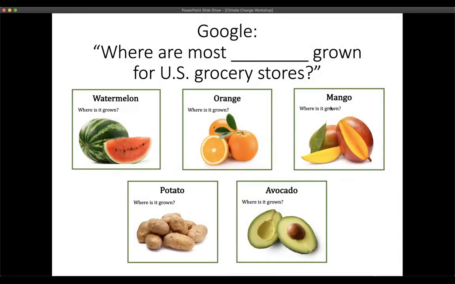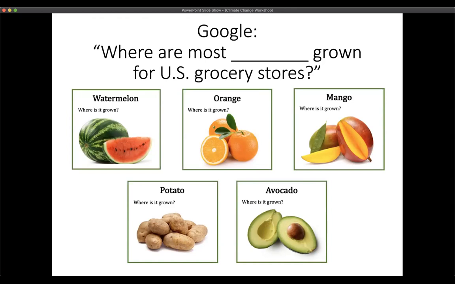So I want you to just look at these pictures of foods and think of the things that you buy at the grocery store on a regular basis and ask yourself where it was grown. Where did it come from? Where was the farm that grew the food? If we were in person and you were in your classrooms, you can print out these cards and send your students on a scavenger hunt at the grocery store to figure out where they were grown and where our food supply comes from. And something that's very fascinating about our food supply is that it comes from all over.